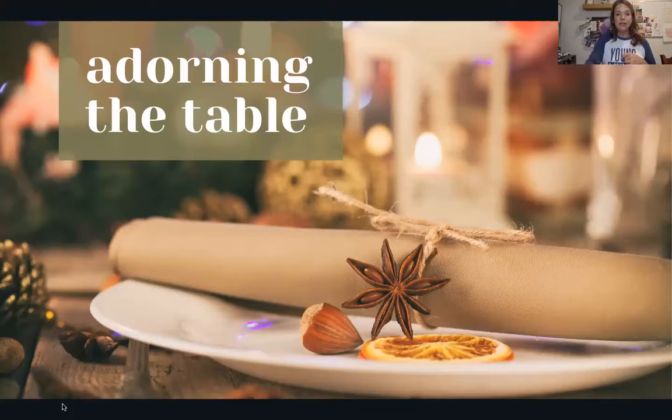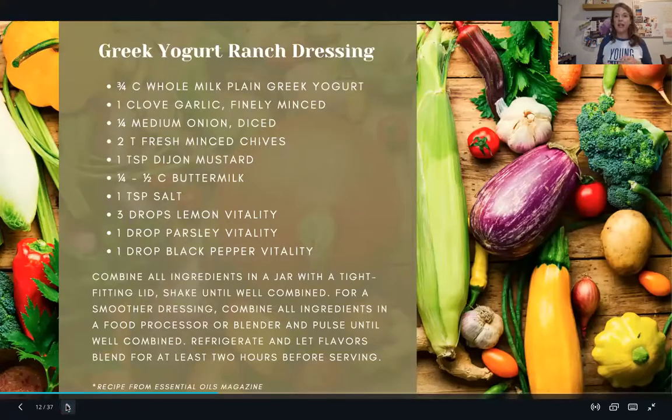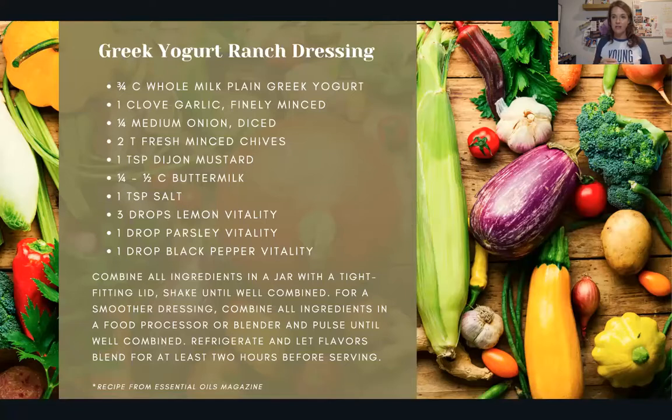So let's look at some recipes that you can use to get cooking with your essential oils. The first one, and again, you might want to screenshot because there's lots of ingredients on this. I'm not going to read through it all together. This is a Greek yogurt ranch dressing that you can refrigerate, to create a dressing for a salad, and then let those flavors blend for at least 2 hours before you serve it. This is just for a simple appetizer, maybe cut up